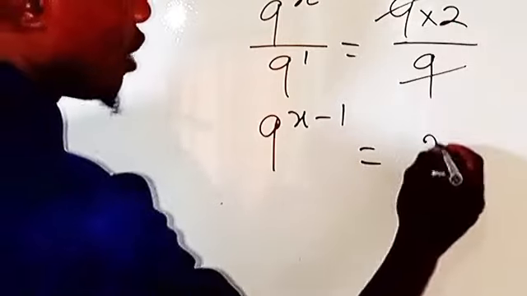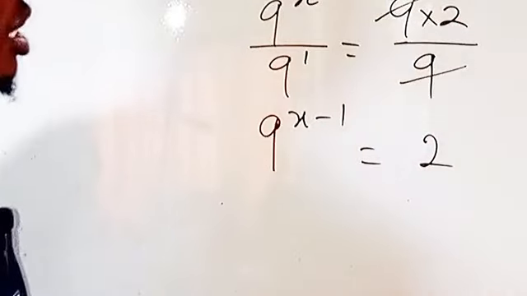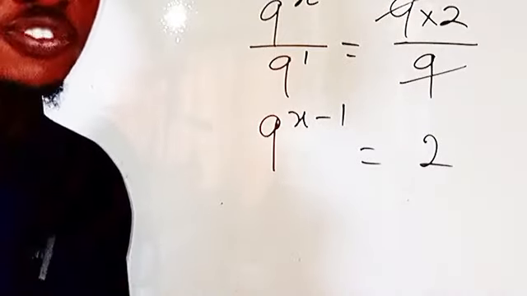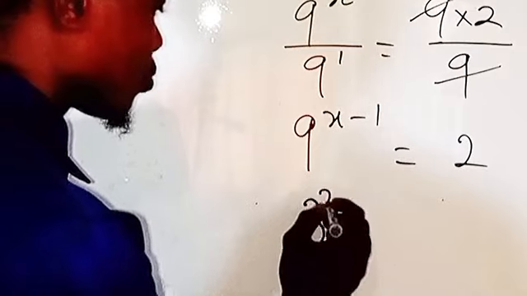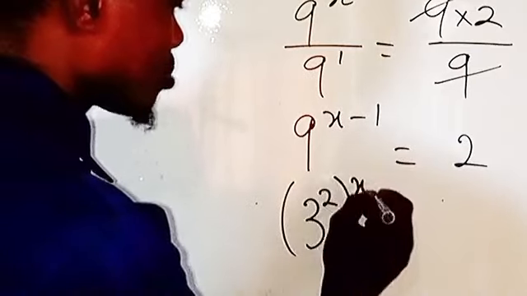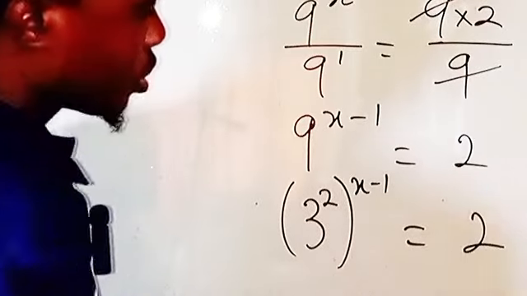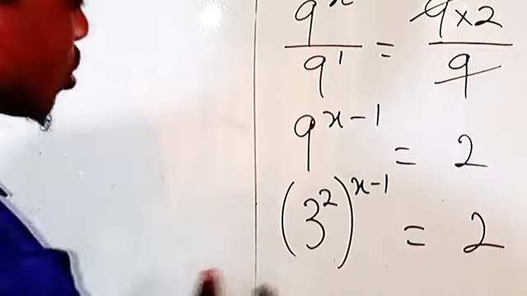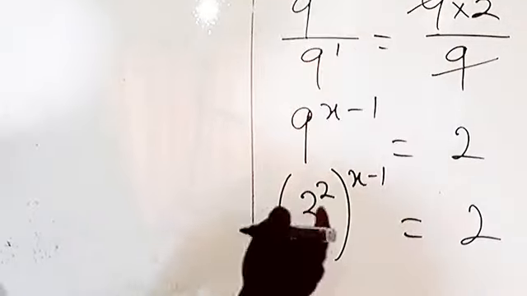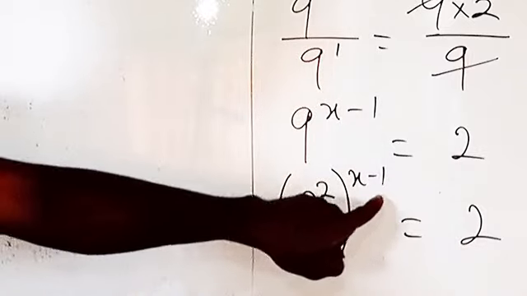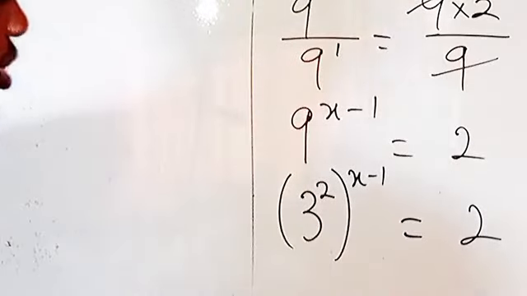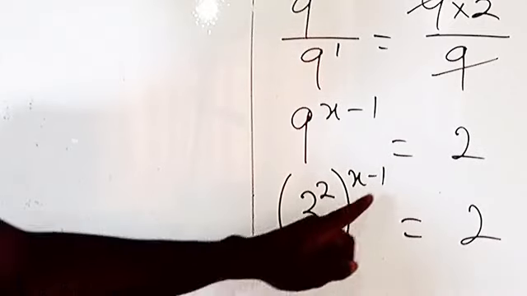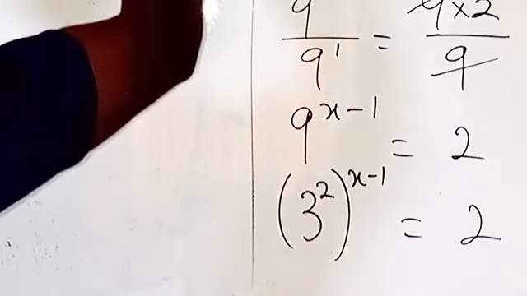Okay, then we have 2 here. Now, let's continue. This 9 here, we can also express in index form as 3 to the power of 2, multiplying x minus 1, equals 2. So now you can see that I'm going to be having 3 to the power of, these two we have to multiply because they both are powers. So 2 times x, we have 2x. Then 2 times minus 1, we have minus 2, equals